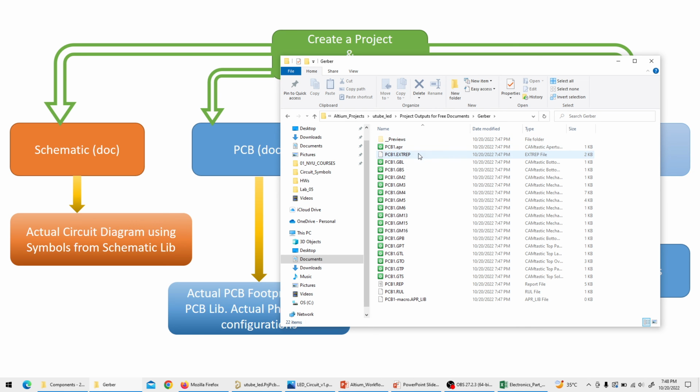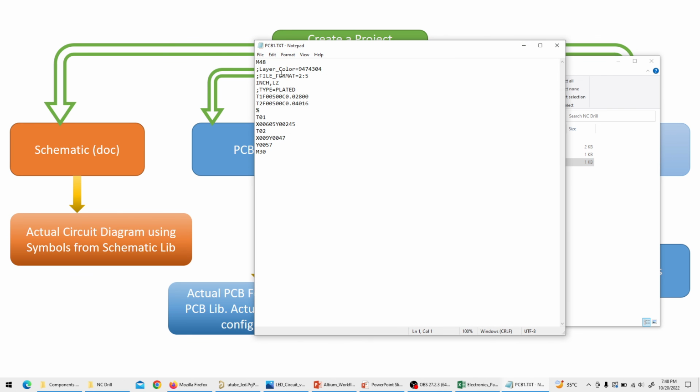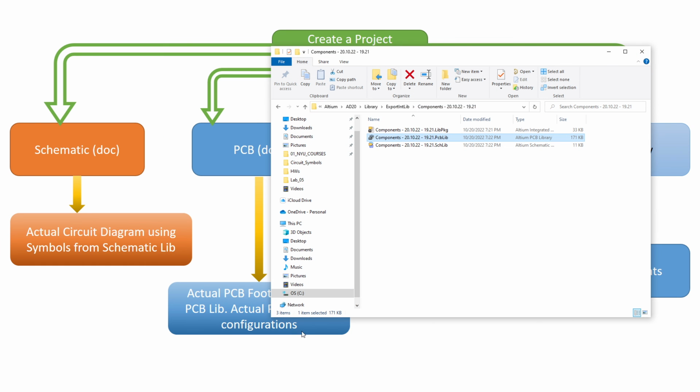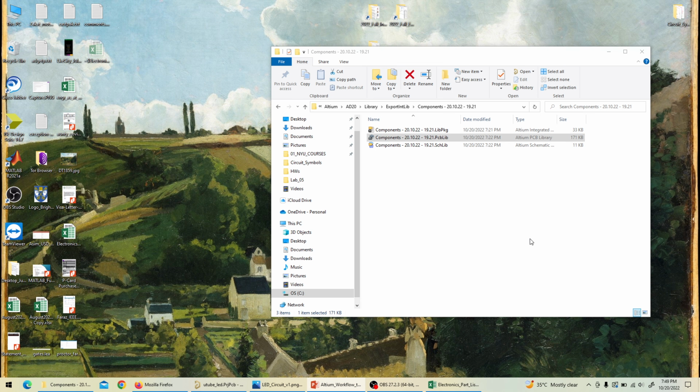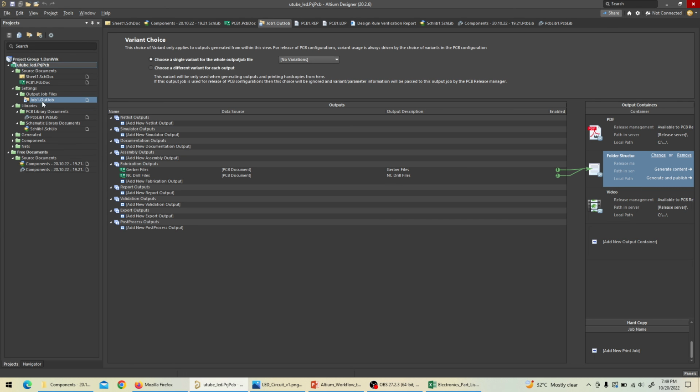You go to the Gerber, you submit all these files to your manufacturer for the Gerber files, which have your PCB information, and this text file for the drill. This one text file is enough, which guides the lathe machine or the PCB machine where it has to make a hole on a PCB. That's it. And once this is done, your PCB is done. We can now make more complex PCB projects. Okay, let me quickly go to the